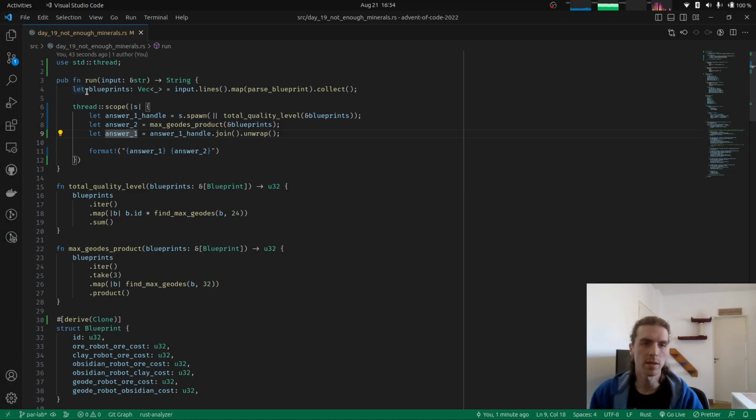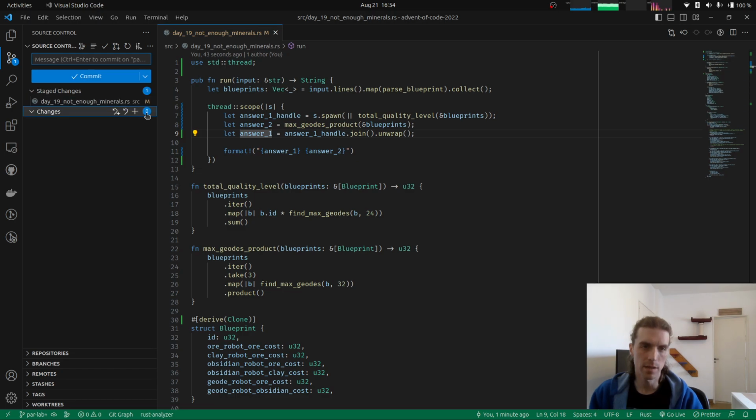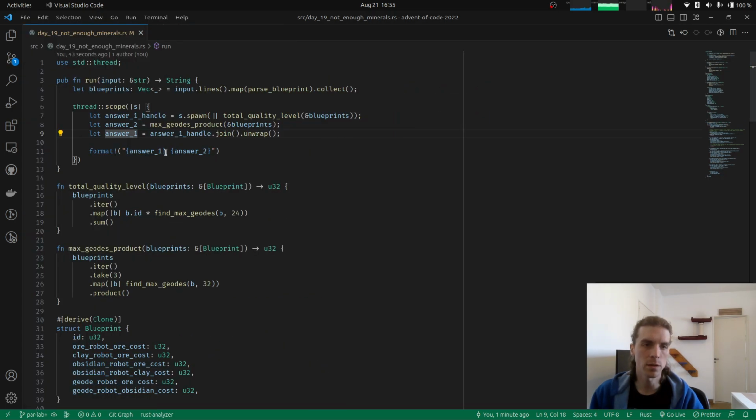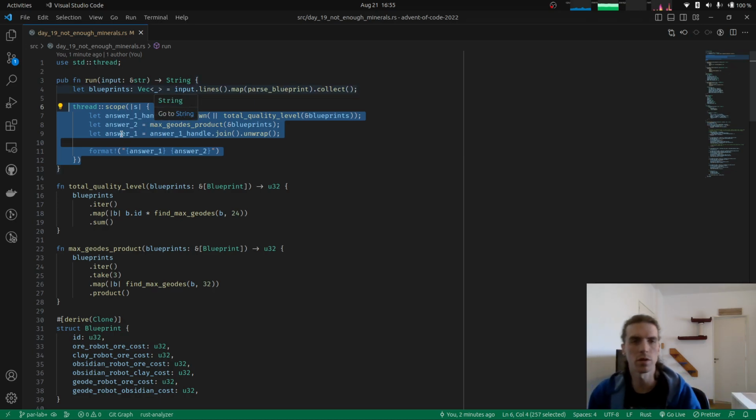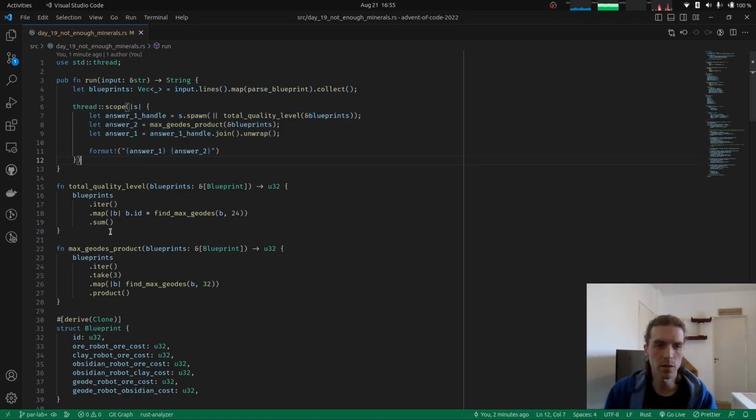Okay, so we have done this coarse-grained parallelization that we wanted to do, running part 1 and part 2 in parallel. Let's actually add these changes, not commit them, but add them, because we are going to use this to then do the finer level parallelization bit, trying to parallelize each computation of this for each blueprint. We are going to do the same idea with threads, atomics, and channels, but we are going to keep this same approach of parallelizing the two parts together. So let's use this as our base